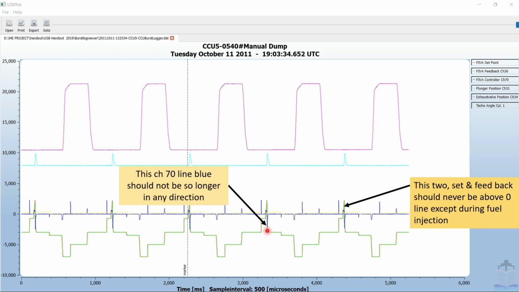If it is getting longer, that means main spool channel number 30 is not responding properly, meaning it is getting stuck somewhere because of friction, some foreign particle, or contamination of the hydraulic oil. Now moving next,